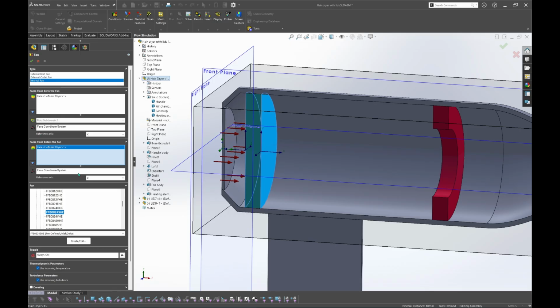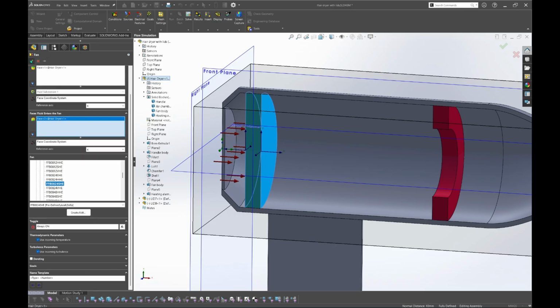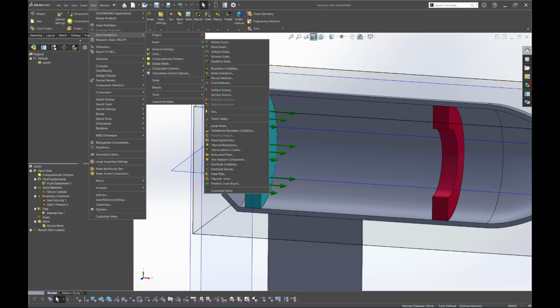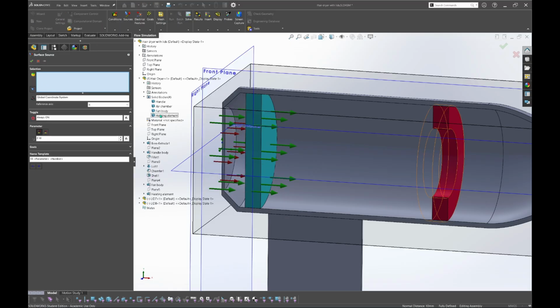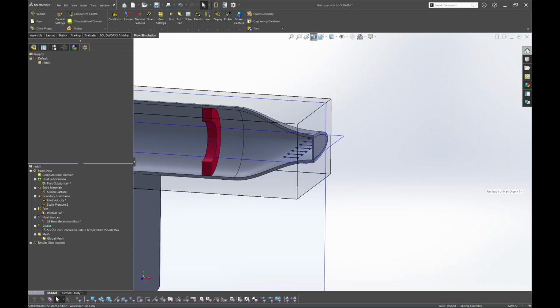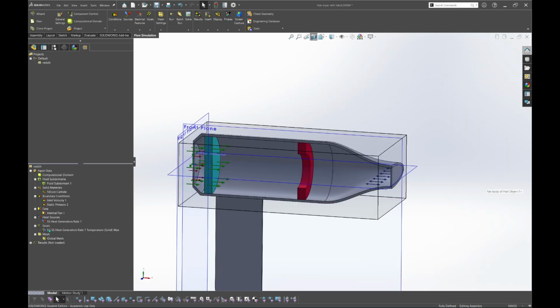Okay, validate, and again move to tools, flow simulation, and insert surface source and click heating element and 800 watt. Okay, validate like this.